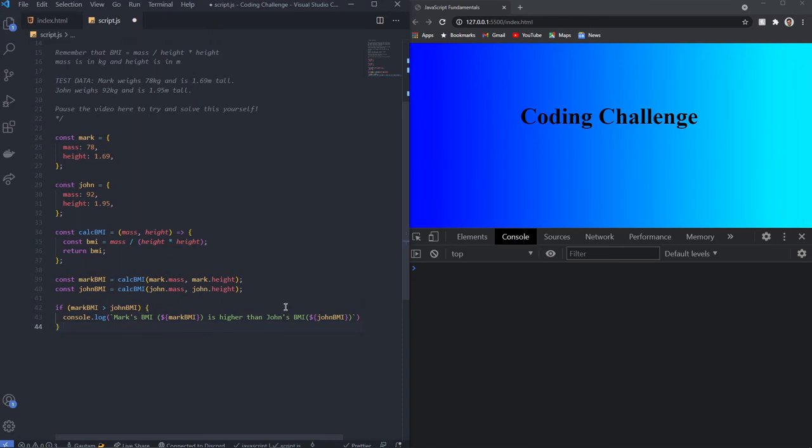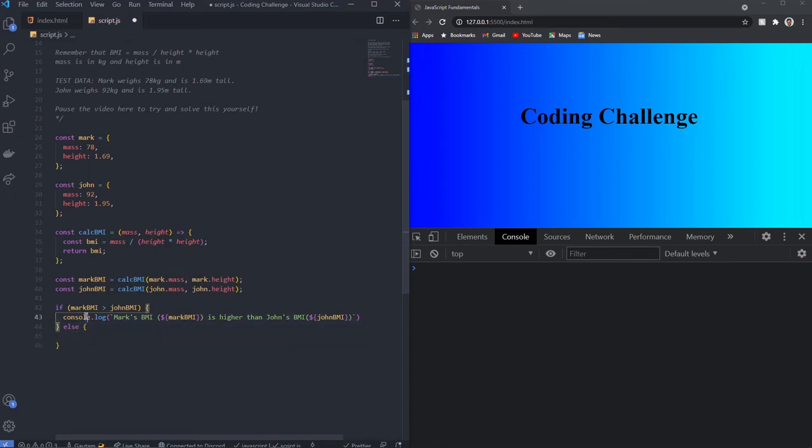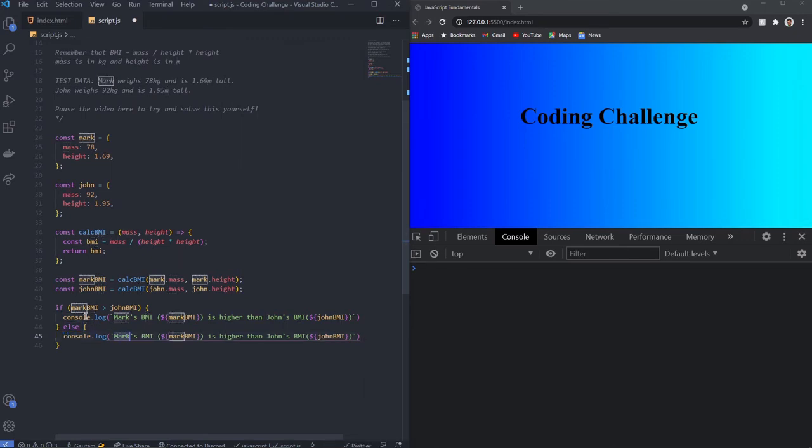So now else, if Mark's BMI is not greater than John's BMI, else. I'm just going to copy paste this line here and just switch Mark for John in all places. So John's BMI is higher than Mark's BMI. So with this, our problem should be solved. Let's save it and see what output we get. We get that Mark's BMI, whose value is 27.3099, all that, is higher than John's BMI, whose value is